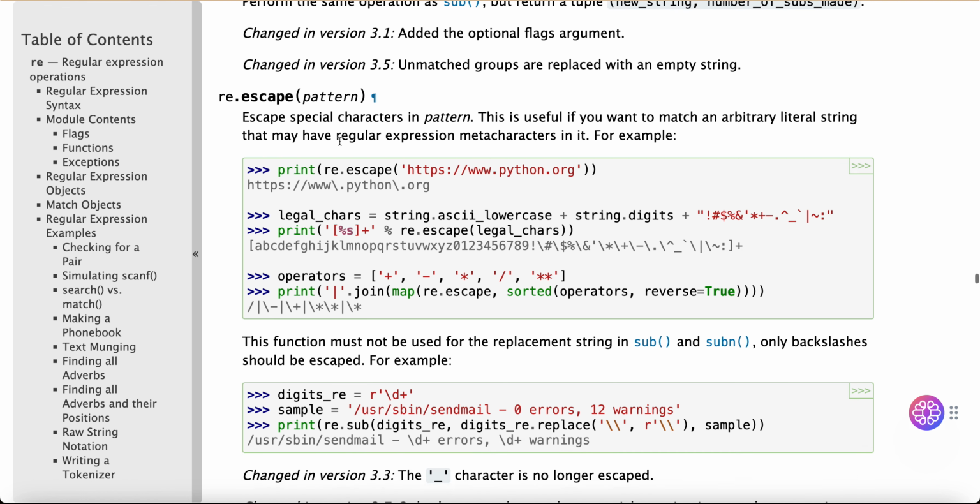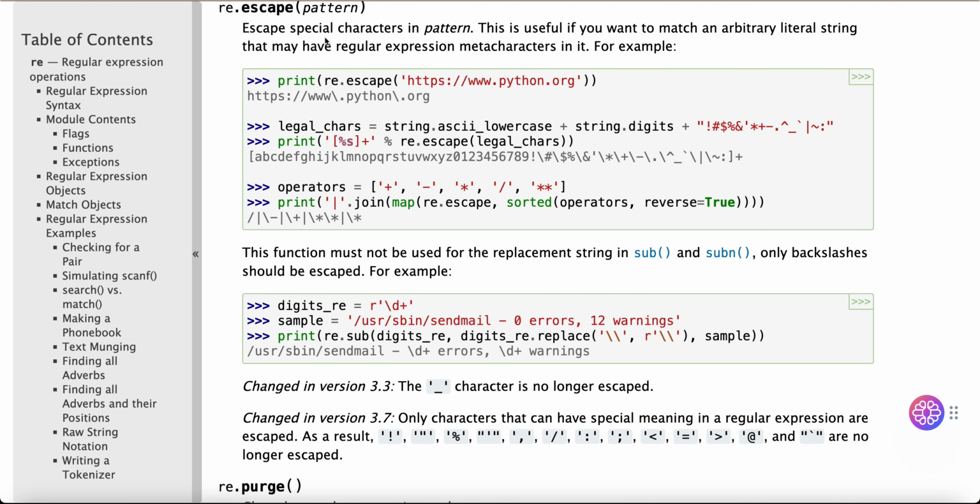re.escape(pattern) escapes special characters in the pattern. This is useful if you want to match an arbitrary literal string that may have regular expression metacharacters in it. For example, print re.escape